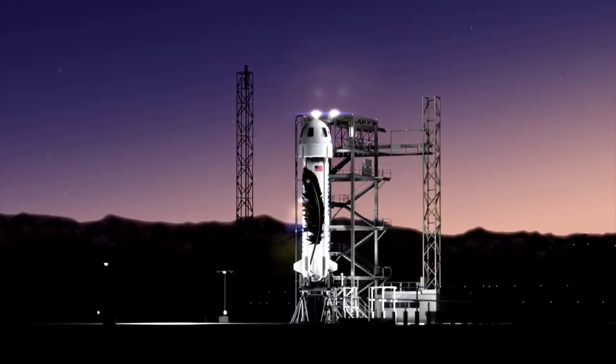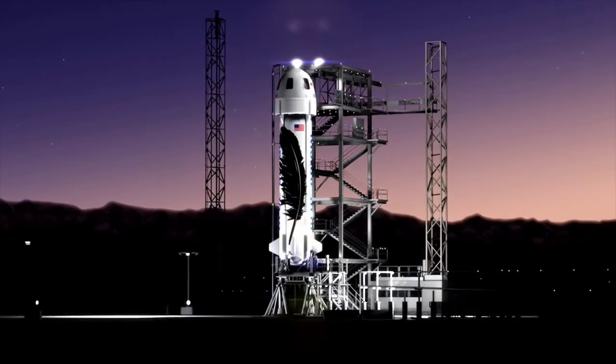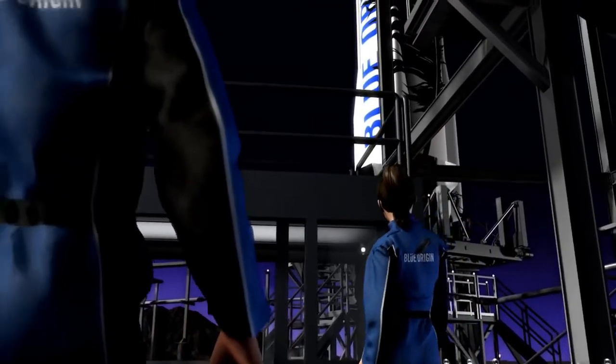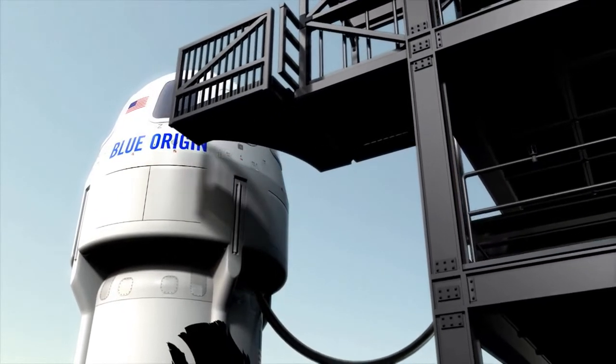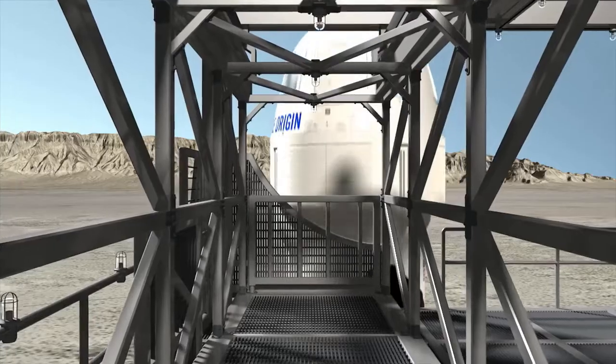This is where a lifelong dream comes to fruition. This site out in the middle of the Texas desert. This soul-searching review on the pad as you think about dreams and achievements. 6, we have main engine start. You can't believe you're about to go into space to do something so few have ever done. And